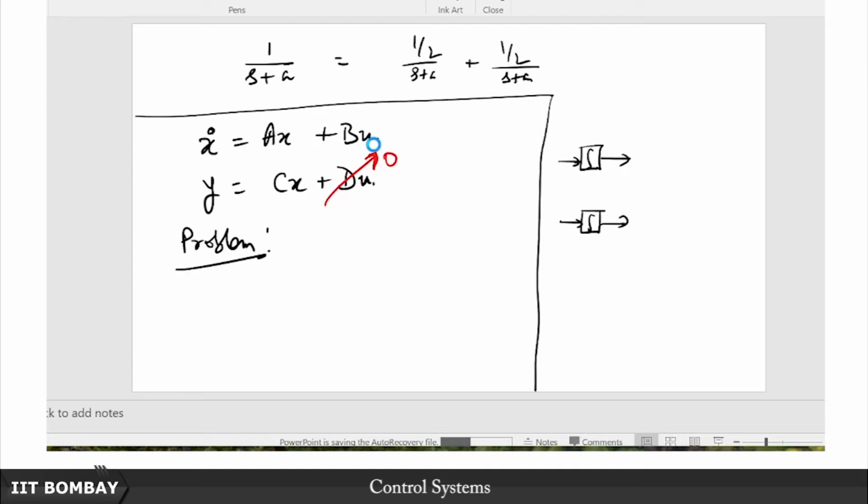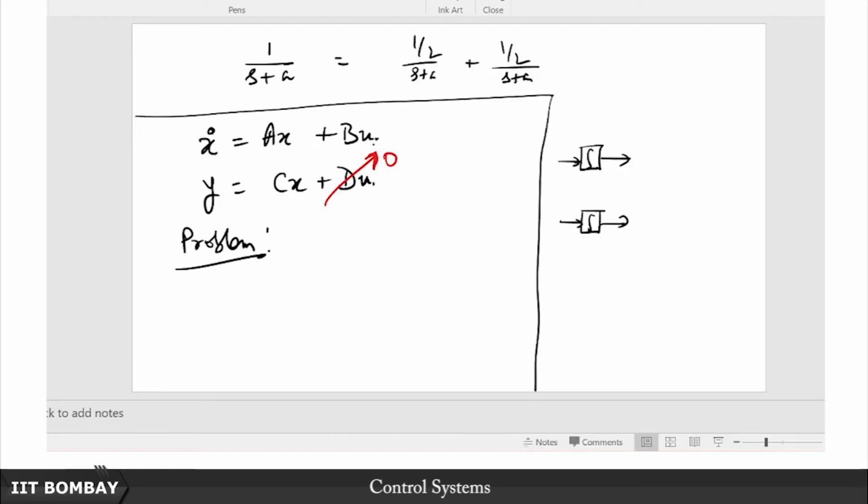Remember what we did when we designed controllers in the classical control domain using root locus? We fed back the output. So we had this plant, to that you had the input u, and then you had the output y, and then you fed back the output through a unity feedback channel and took its difference. So it was a negative feedback, you took its difference from the reference or set point signal, and that was the error which was in turn fed to the controller. The controller spat out the actual output which goes to the plant, which is u.